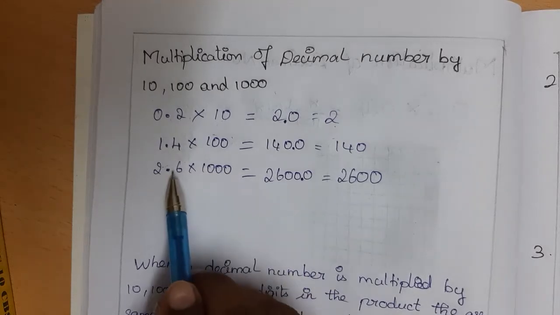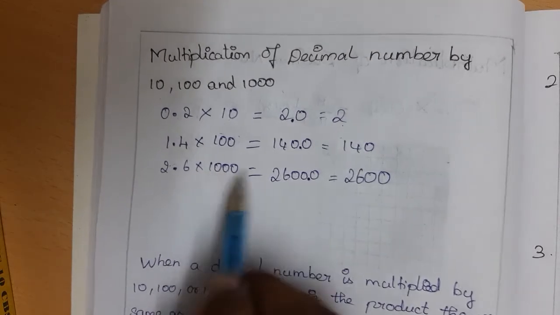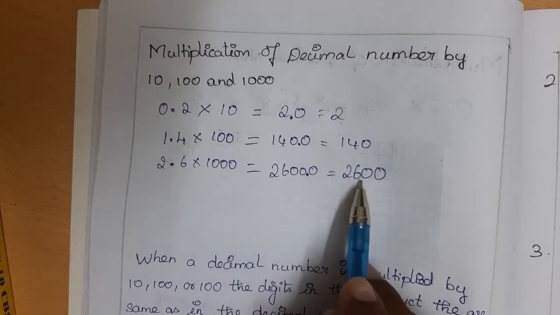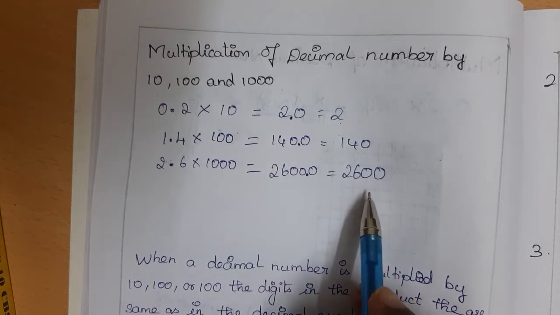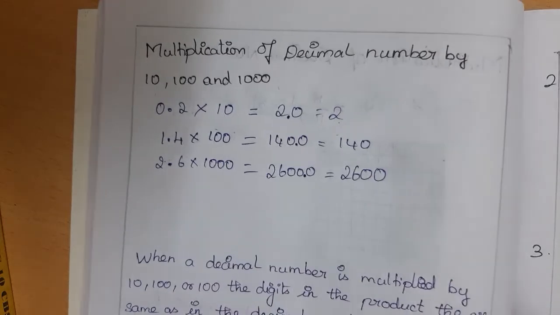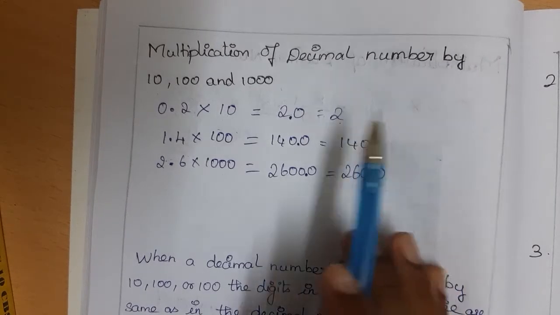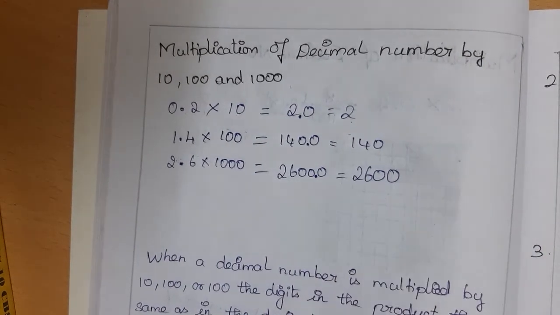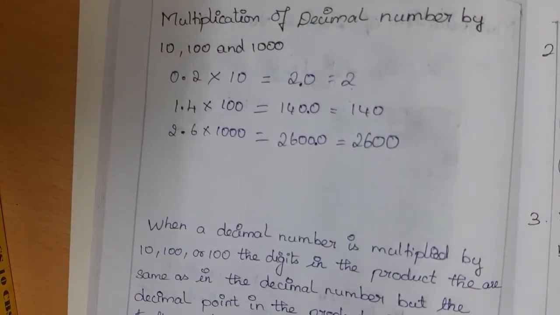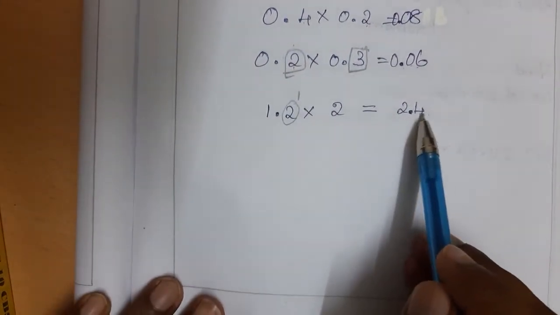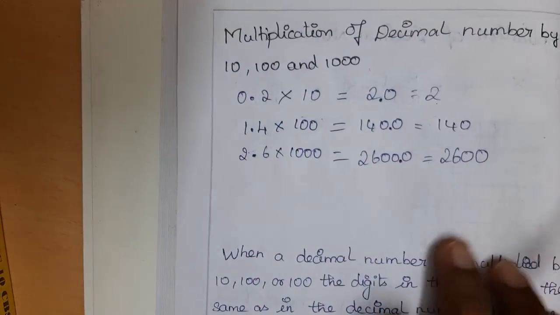If there are 3 zeros, then 3 digits are moved. So from 6 to 1, 2, 3, there are no 2 more digits, so we add a 0 and it moves. The pattern is like that, right? So wonderful, we can directly get the answer by moving the digits. It is a simple concept: the 10 is just increasing, so we are moving the decimal towards the right side. Previously, in the previous problem, we moved the decimal from the right side, but while multiplying with 10, 100 and 1000 we move towards the right side, right?